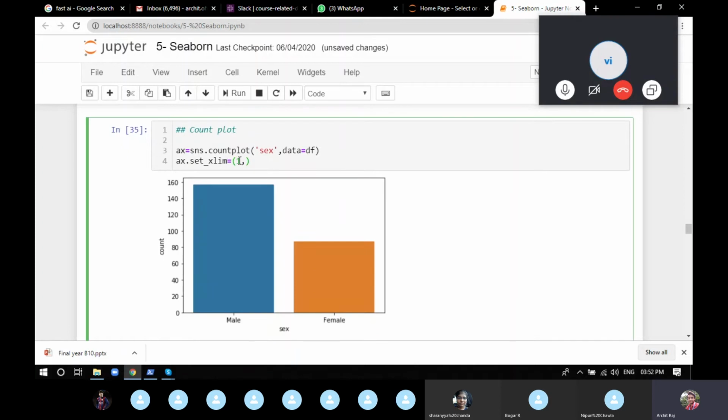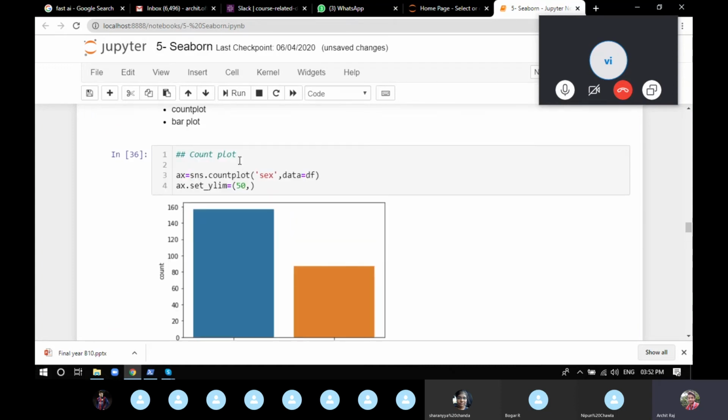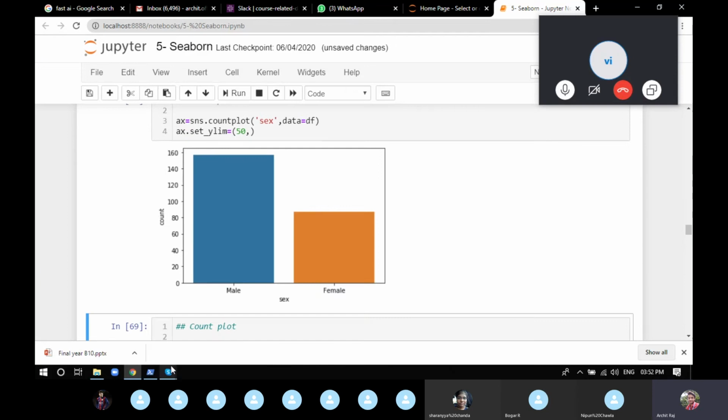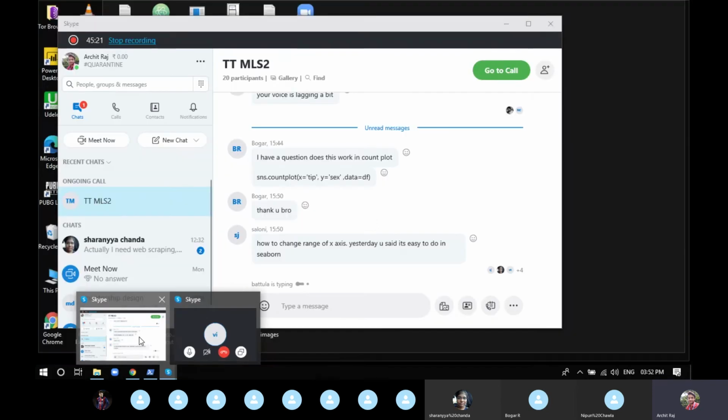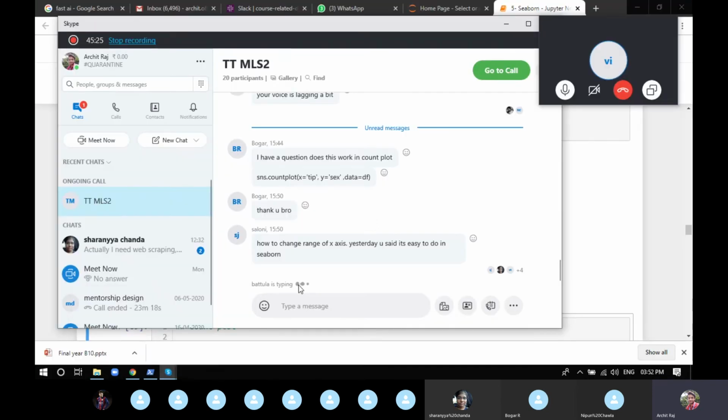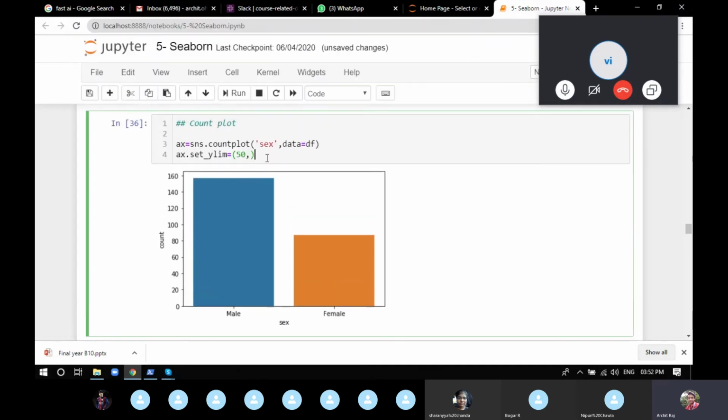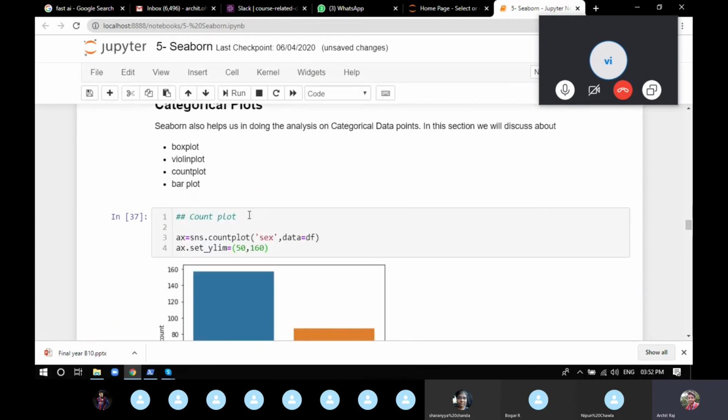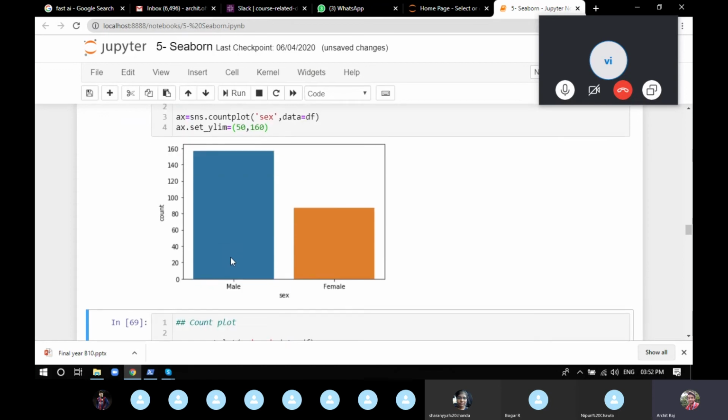Okay, so maybe I'll get to know the error. Okay, I don't know the error. Okay, Saloni, I'll find the answer and I'll tell you. I don't know why it's not working. It's not changing anything and it's not even giving me an error. That's weird. Really weird.